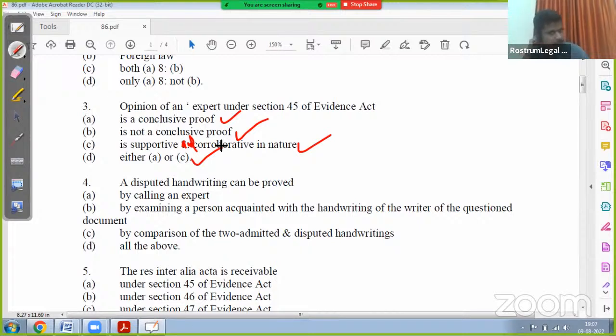हाँ जी, जो ओपिनियन ऑफ द एक्सपर्ट होता है, क्या वो कंक्लूसिव प्रूफ है या फिर वो कंक्लूसिव प्रूफ नहीं है, या फिर इट इज सपोर्टेड एंड कोरोबोरेटिव इन नेचर, और ऑप्शन D, either A or C. So its correct answer will be your option C, that opinion of the expert is not a conclusive proof in any of the case. That cannot be the sole basis of conviction, but if it is supportive and corroborated with